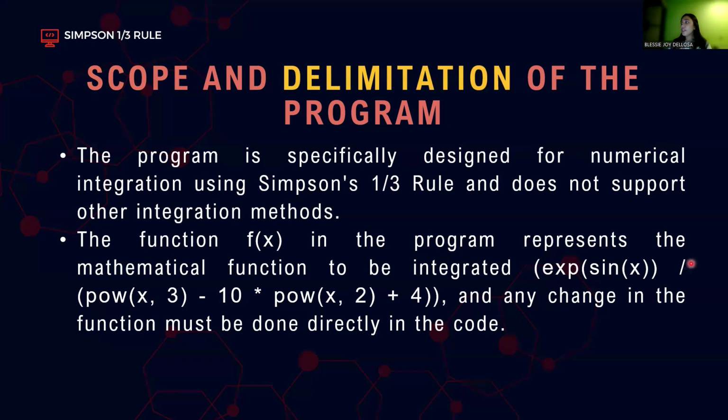So this formula, e raised to sine x over x raised to 3 minus 10 multiplied by x squared plus 4, is the formula that we have used in the previous activity that we did in week 8. So the limitation of this program is that you need to manually input or change the function. That must be done directly in the code. Meaning,